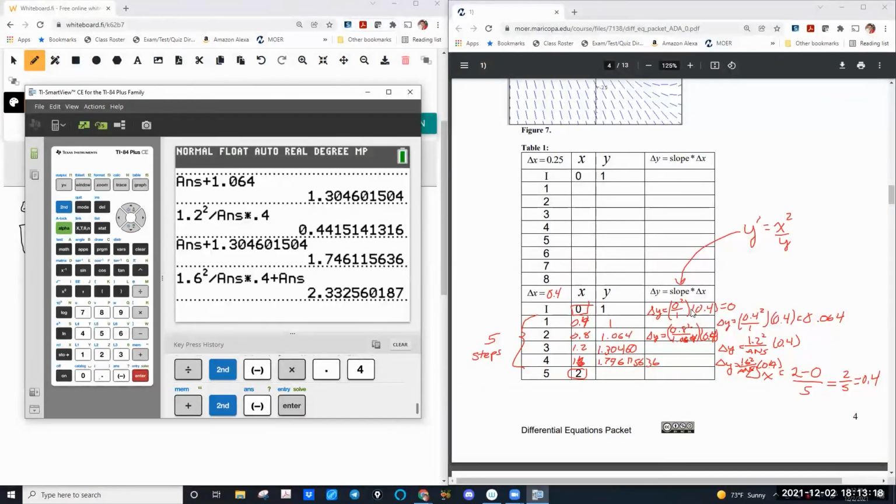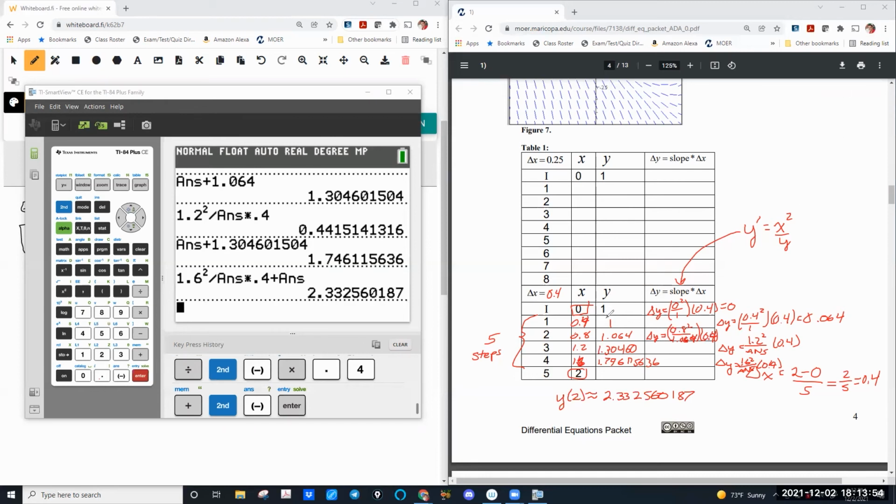And there is our estimate. When all is said and done, we get that y of 2 is approximately 2.33256018.7. Questions about this one? Did this help to see where the numbers are coming from? I know I apologize about how messy it is,